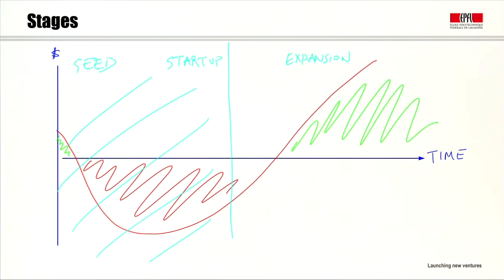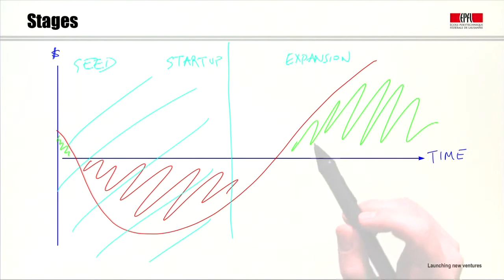So if you recall from the last several times we've discussed this staging, and we talked about the early stage of financing, and then we have the later stages of financing. The first ones are the seed stage or the startup stage. Some people think about the seed stage as being earlier than the startup stage to help finance the initial cash outlays of the business. Although some people, as I mentioned before, use them interchangeably.